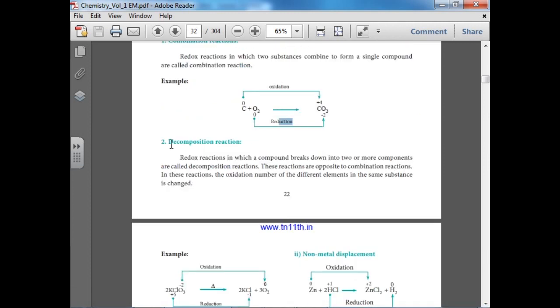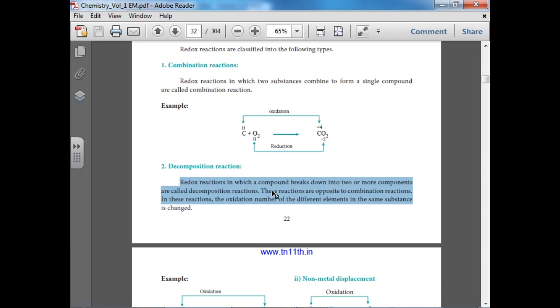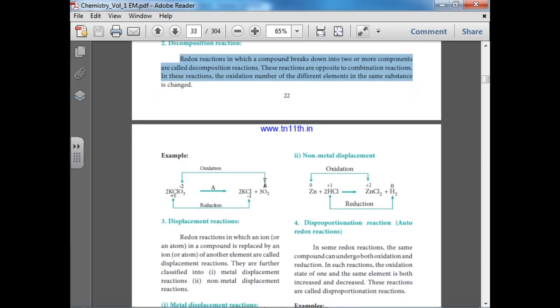The second one is the decomposition reaction. A redox reaction in which a compound breaks down into two or more components is called a decomposition reaction. These reactions are opposite to combination reactions. Combination means two or more substances combine together to form a molecule, but decomposition is breakdown into two or more compounds. For example,